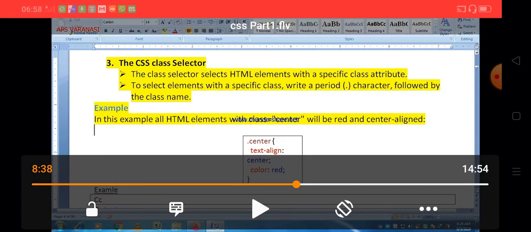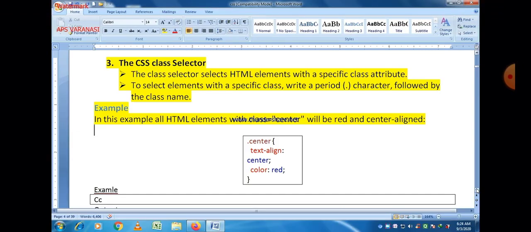So center is the name of the class. Now let us see an example which gives you a clear idea about that.